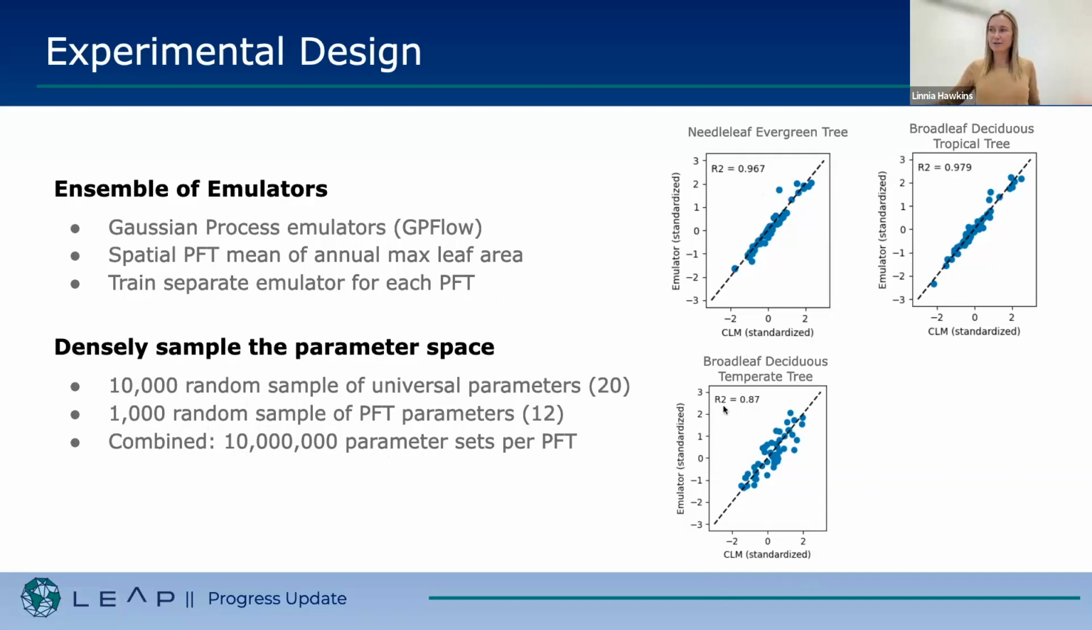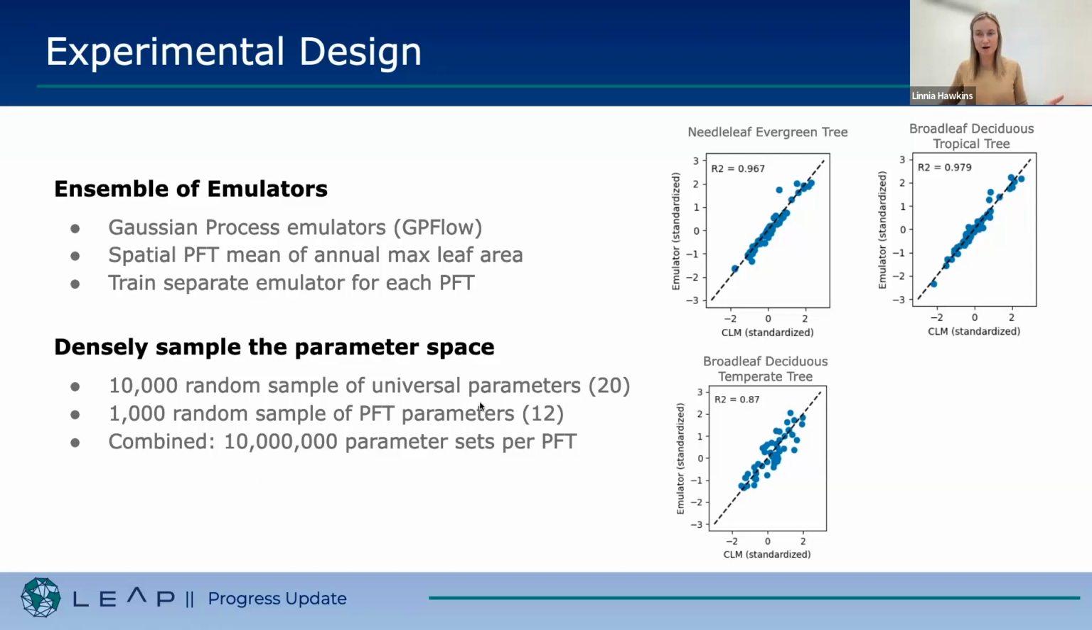I should mention here, just to keep this in mind, the broadleaf deciduous temperate tree emulator is not doing as well as the others, and I'll come back to that later. It has an R-squared of about 0.87. So we use our emulators to inflate our sample size, and then we have to throw out any of those ensemble members